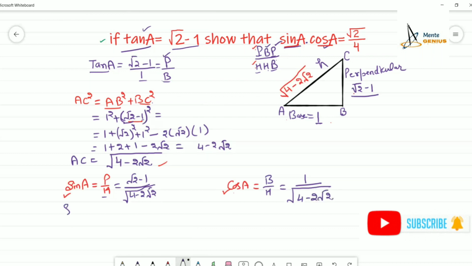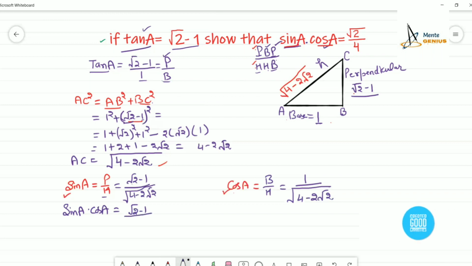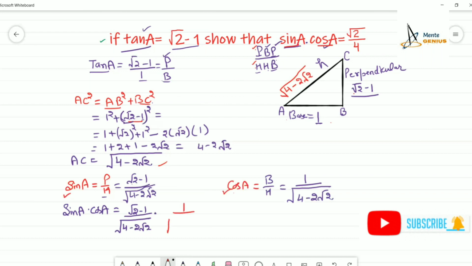Now by multiplying sin A into cos A, we will get root of 2 minus 1 by under root of 4 minus 2 root 2 into cos A, which is equal to 1 over under root 4 minus 2 root 2,